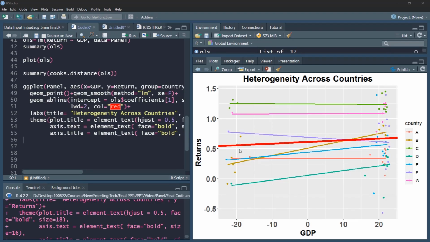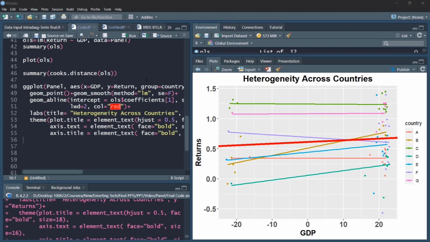And the average fit, if I had done the average fit, it would have come as the red line. So obviously the average fit would have been vitiated because of this individual heterogeneity across countries. So probably it's not the right way to estimate the relationship. So in this video, we examined the OLS fitting or the pooled OLS fitting of the panel data. We found not only visually but empirically as well that due to unobserved heterogeneity or individual heterogeneity across countries, the relationship estimation is vitiated and probably not a very good fit, and not very accurate estimates are obtained.